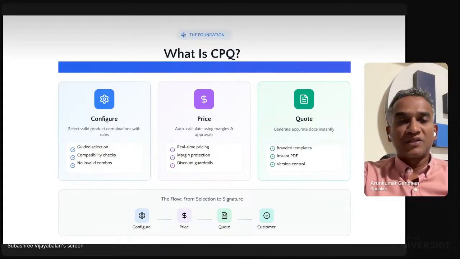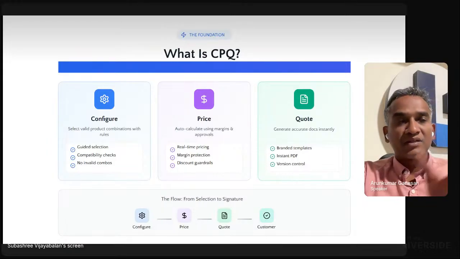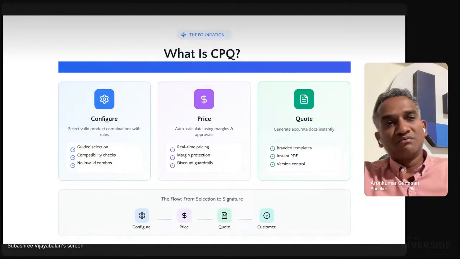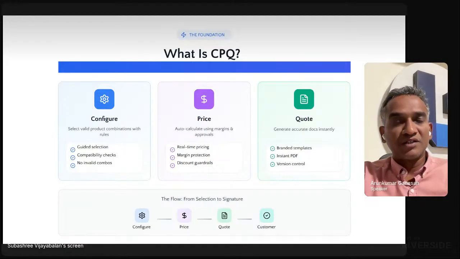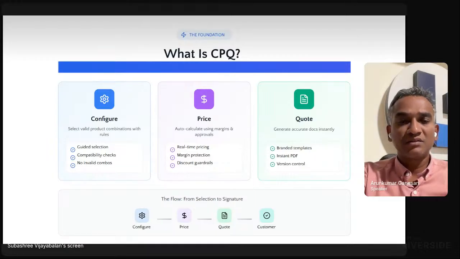Traditionally, people have two eyes, four eyes, six eyes, eight eyes kind of thing for protecting the margin. Whenever a discount is made at a certain level, another person has to review it manually, right?